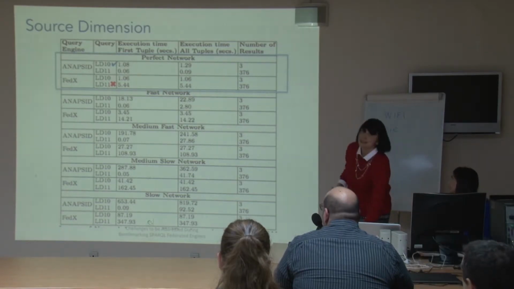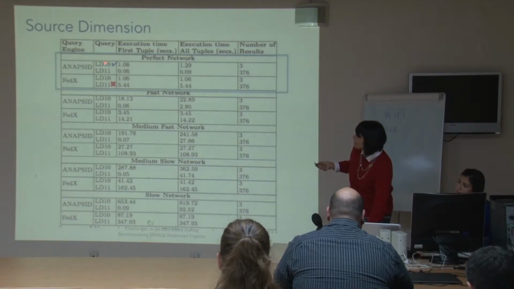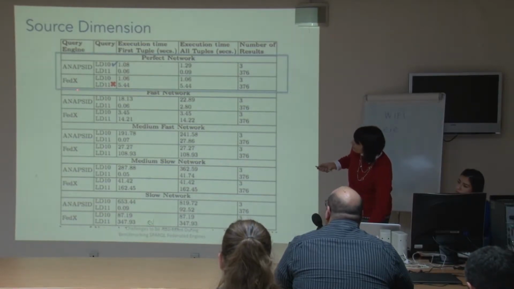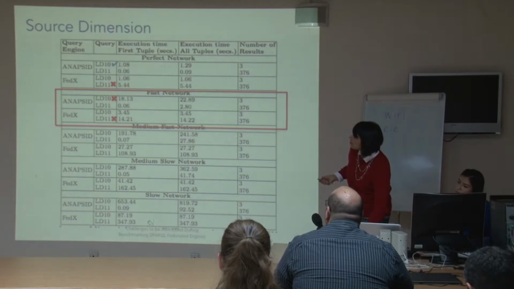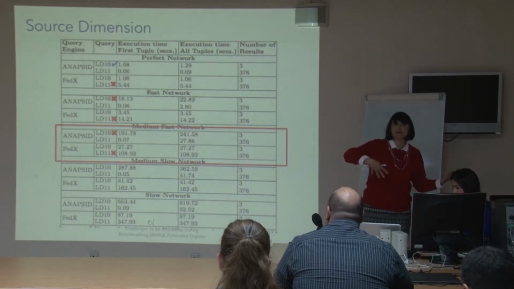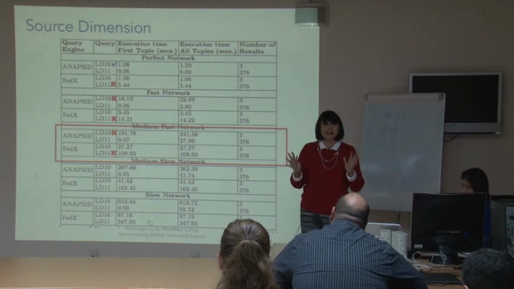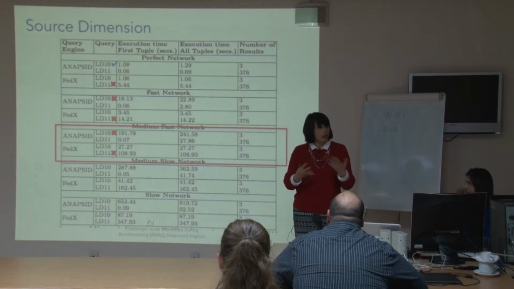And see what happens, similar performance to what we observed before. In perfect network, in some cases ASIP wins, in others FedEx wins, and the same. We can interchange the performance of one and the performance of the other. And the idea is that because this is not specified in the benchmark, I could choose the one that is